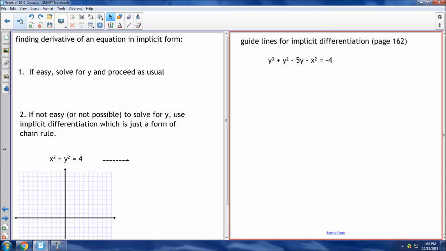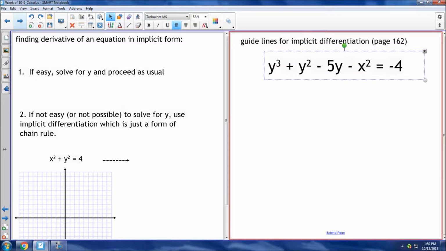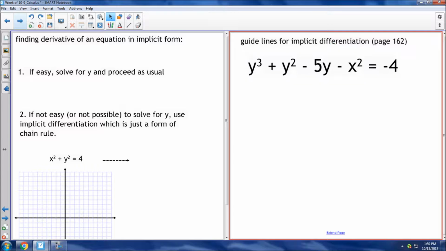Okay, so here are the steps to solve, and I'm going to do this example right here. Hopefully I can make it bigger. There we go, perfect. If it's easy, solve for y and proceed as usual. Would you say this is easy and you can solve for y? I would say no. If it's not easy to solve for y, use implicit differentiation, which is really just a